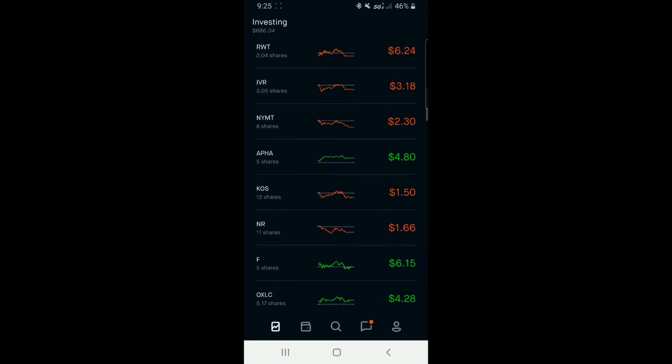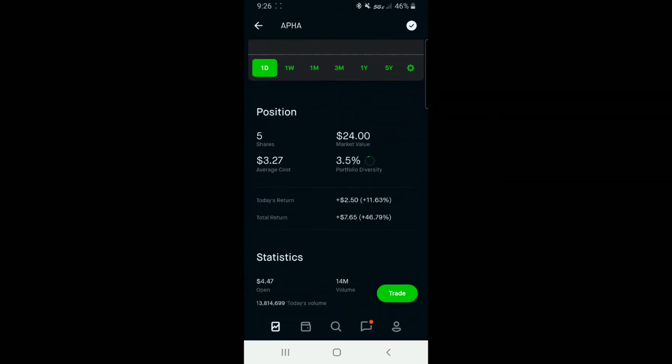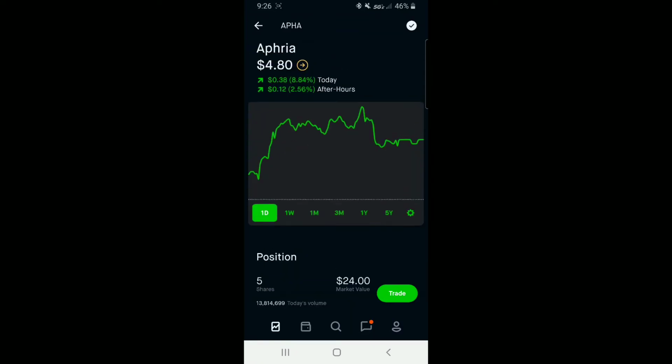Then that leads me into APHA. This is one recommended to me actually by Kevin. I'm up quite a decent chunk of change on it right now. This one is a marijuana company, and I ended up buying in because Kevin found this one, recommended it,